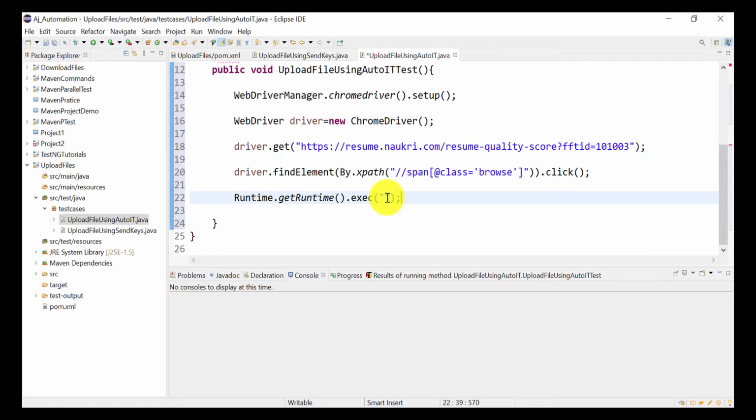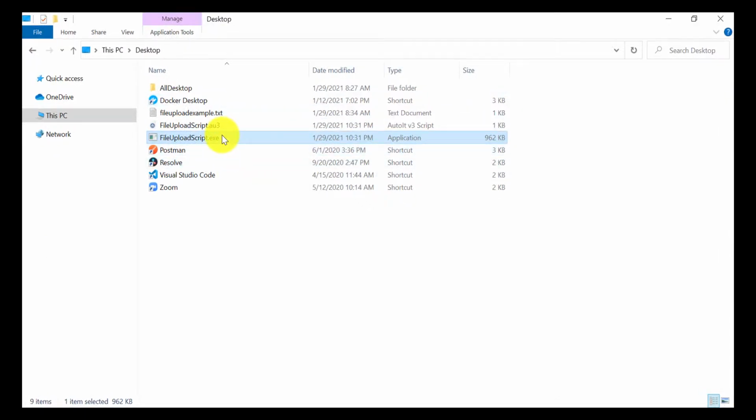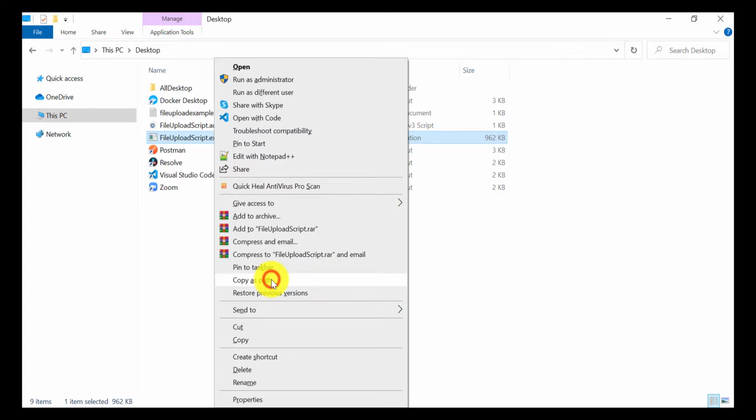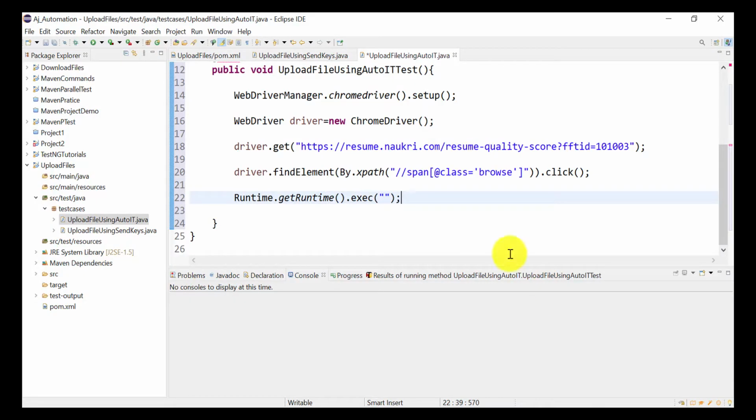Where is our .exe file? We have just created it on the desktop. You just have to copy the path of this file: shift right click, copy as path. Make sure you are copying the path for the .exe file, not the AU3 file. Paste it here.